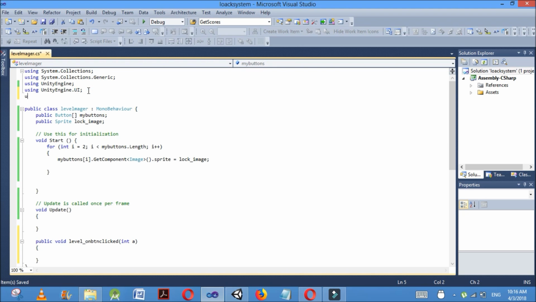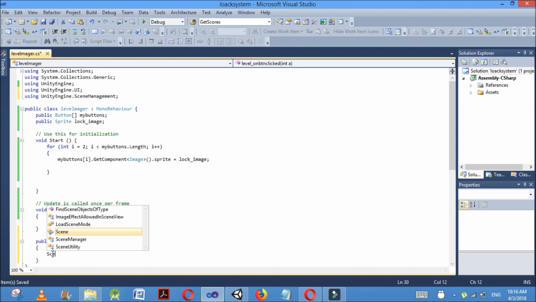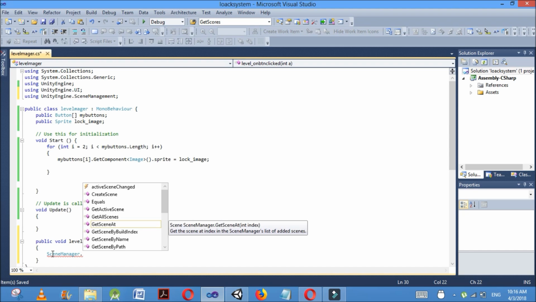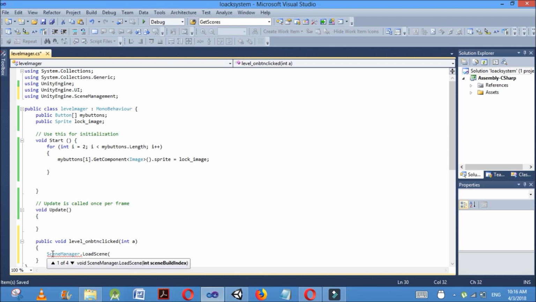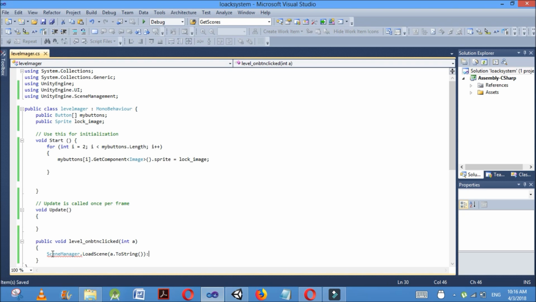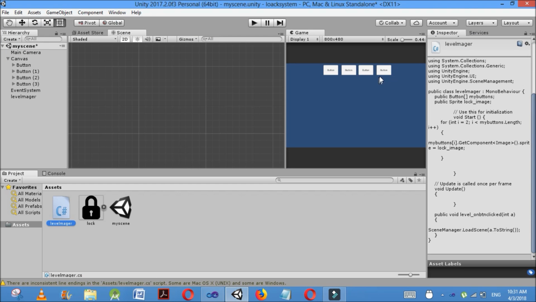And now I'm going to use SceneManager, using UnityEngine.SceneManagement. SceneManager.LoadScene, and I'm going to load a.ToString. I'm going to convert this integer into a string. So what I am going to do here is, when I click any of the buttons, there are four buttons here in the scene, 1, 2, 3, 4, and when I click any of these buttons,